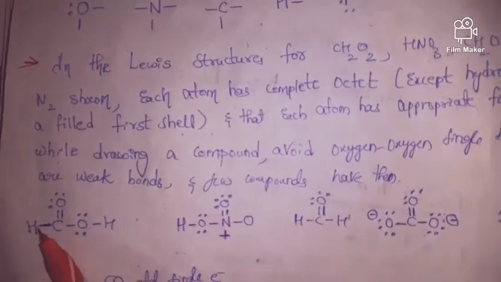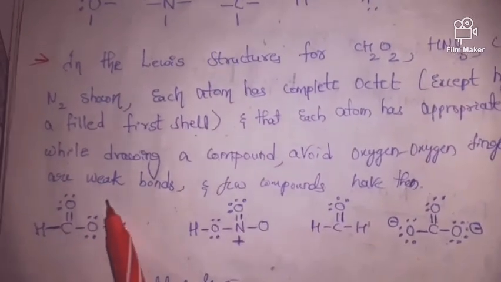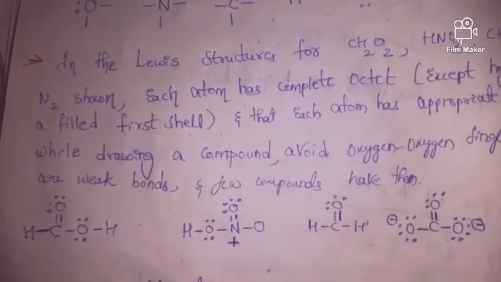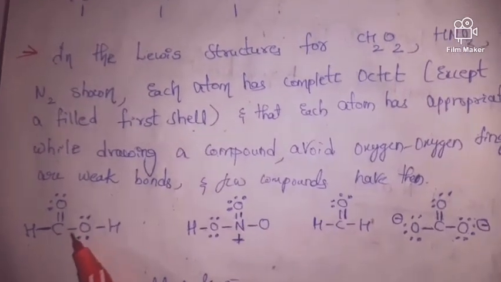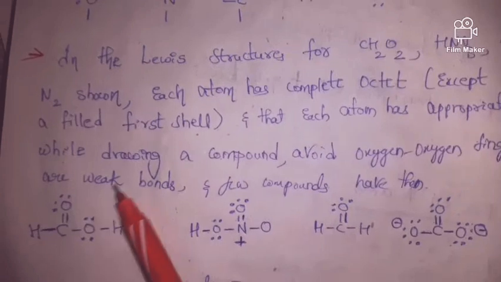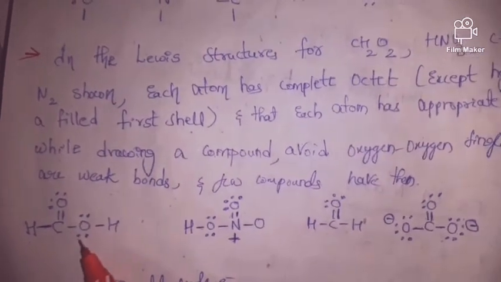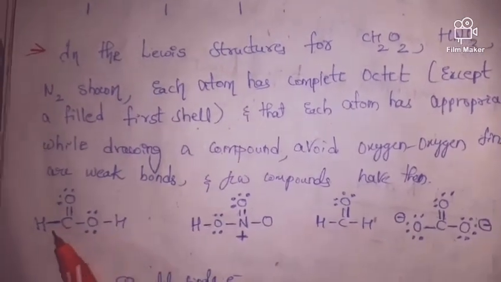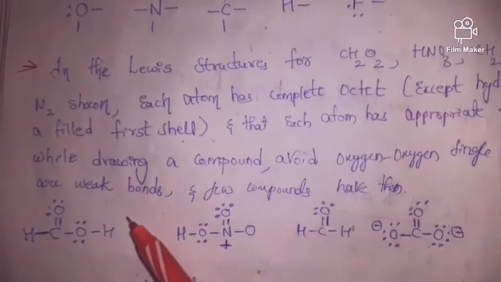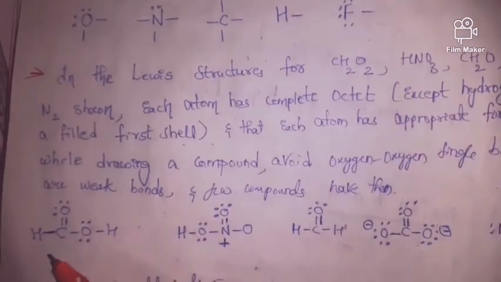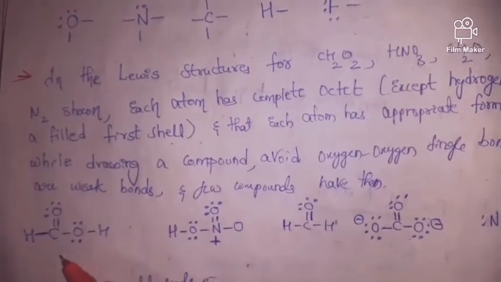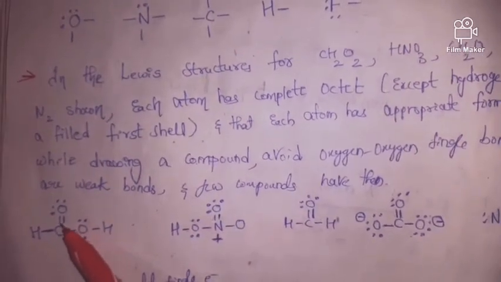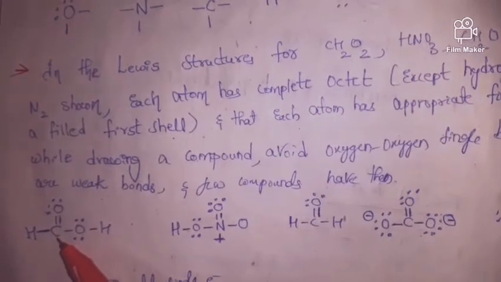If we observe the atoms present in these molecules, the atoms will definitely follow the octet. Of course, these atoms are also following the octet. All the atoms present in the molecules follow the octet rule except hydrogen, because in hydrogen the first shell is filled, 1s2.